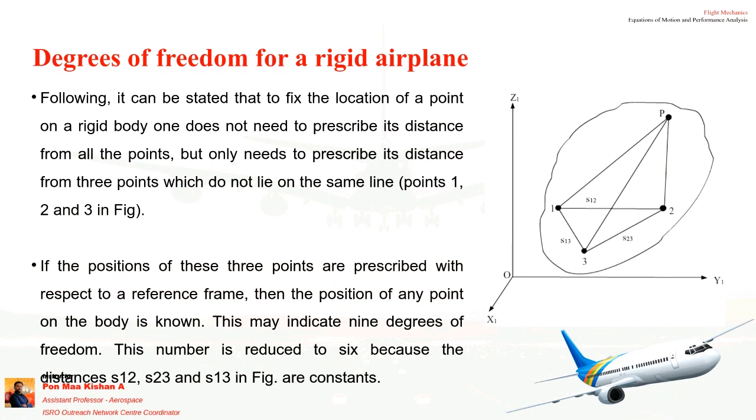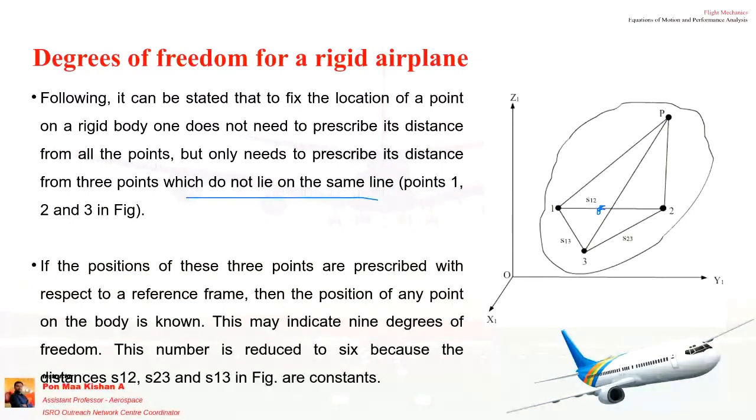We have to choose the 3 points in such a way that they do not lie on the same line. If I take the third point on the same line, like at this point itself, we should not take it like that. All 3 points should not lie on the same line. Consider it in the 3-dimensional way also, with 3-dimensional X, Y, Z, then only you will understand this. This is a cross section of the body, the cross sectional area visible over here.